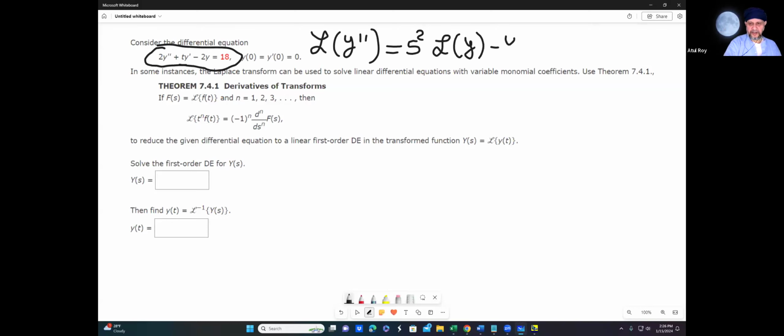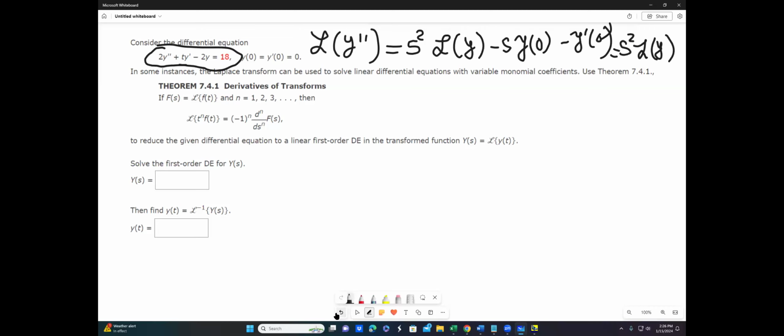L of y, minus s times y at 0, minus y prime at 0. So this will simply be s squared L of y, right? Are we good? Now what happens is this, we have to write the Laplace transform of